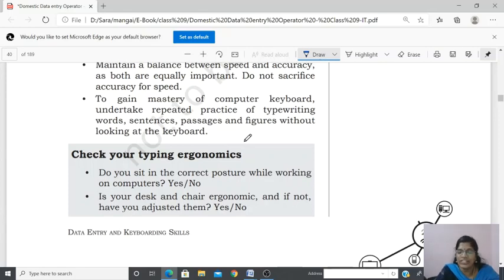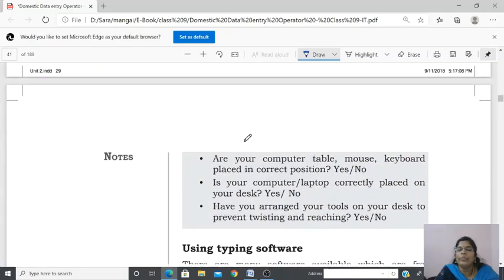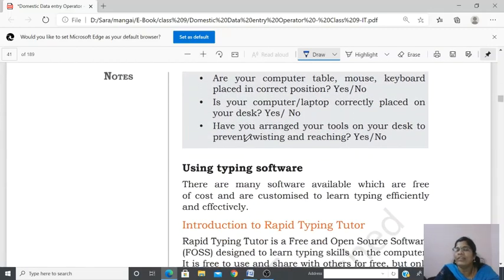So this is what we have for today's portion. Today we studied how to place the fingers on the keys and how to type with the three rows. I'm repeating again: there are three rows of alphabets on the keyboard, the upper row, middle row and bottom row. First we studied the home keys, then the upper keys, then the lower keys, that is the bottom row. And practice exercises are given.